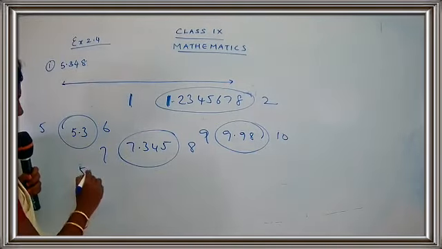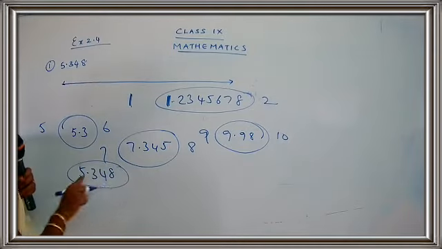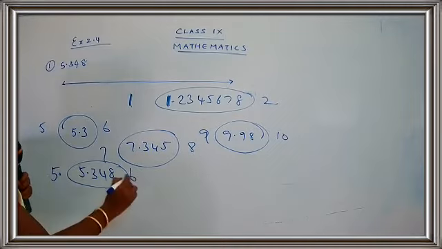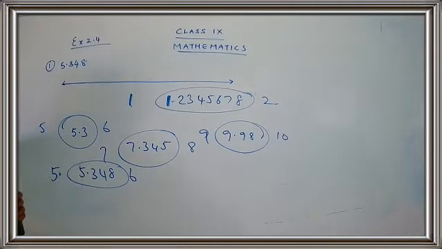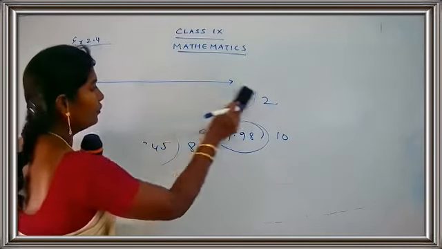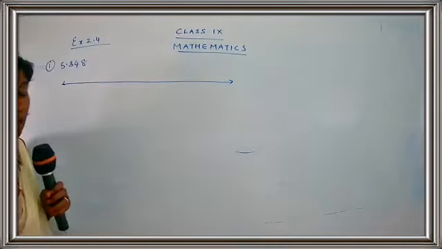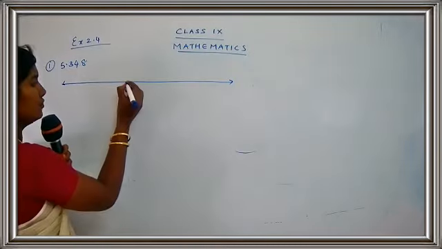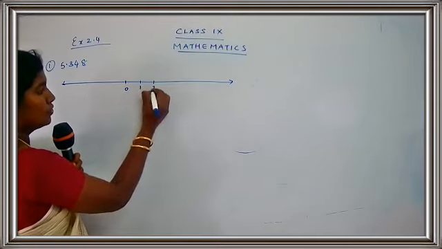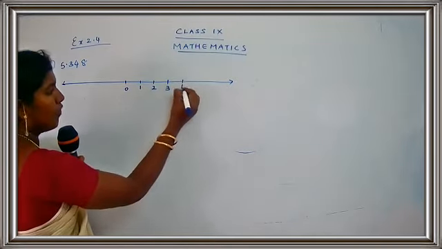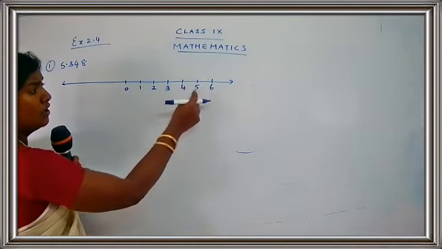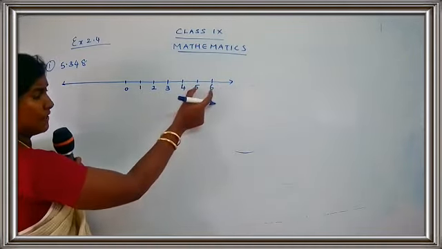So now what is the number here? It's 5.348. So where is this number going to lie? This number is going to lie between 5 and 6. Getting my point? Okay. So now you're just going to keep your scale and mark the numbers properly. You have to use your scales for the marking. Just use your 0, then take 1 centimeter distance and put your 1, 2, 3, 4, 5, 6. Because I know the number is going to lie between 5 and 6, no need to go for further steps. You can just take 5, 6, enough.